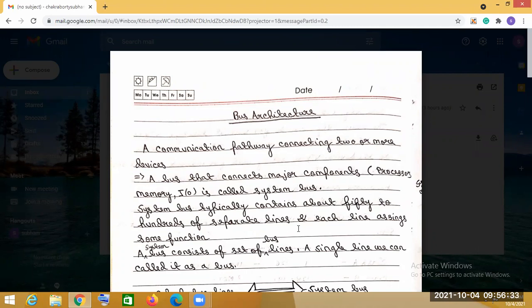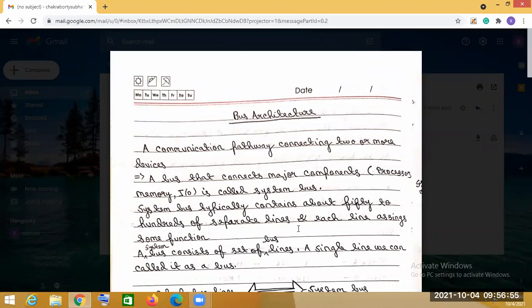Now, what are the major components present in the computer? Like the processor, the memory, meaning main memory, and the input output devices. All of these are the major components of a system.